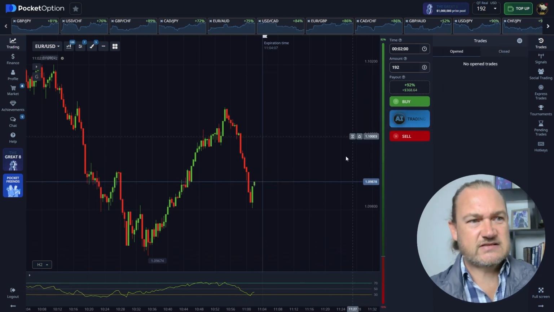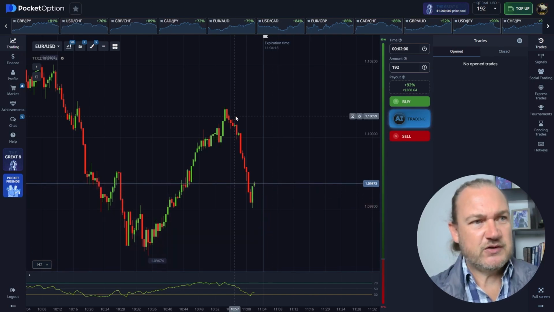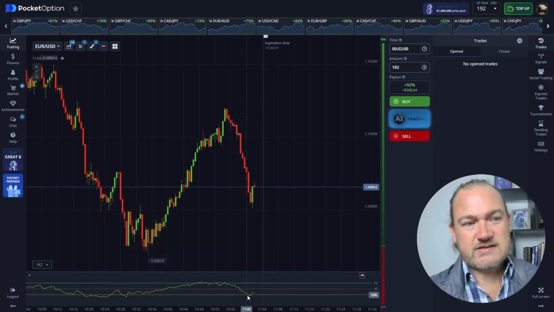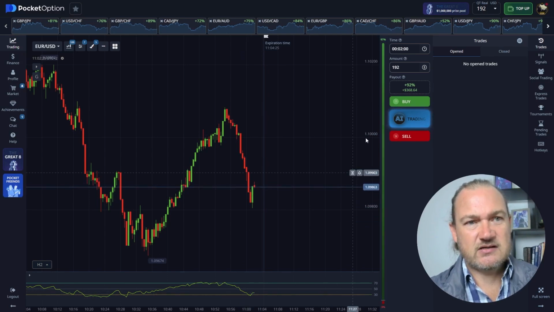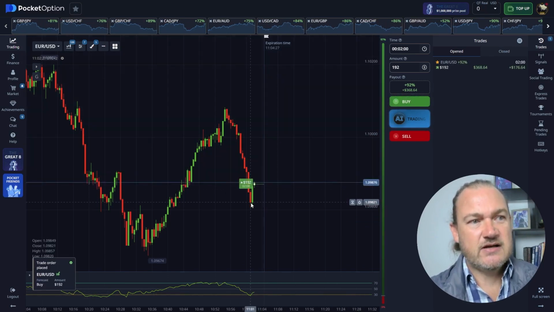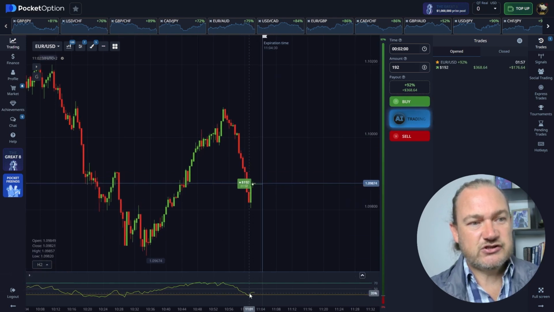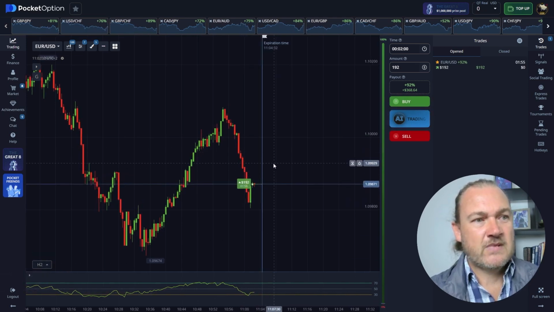We've got another trade opportunity setting up here. We had this massive drop. My RSI went into the oversold zone, and it has left that zone again. So all I'm going to do is take a buy trade, and I'm going to wait it out. We should be pushing back up a little bit